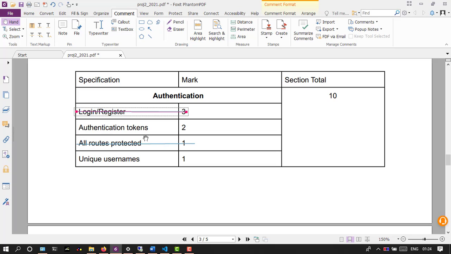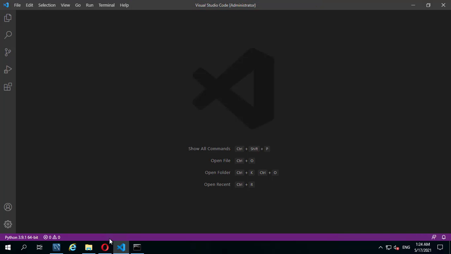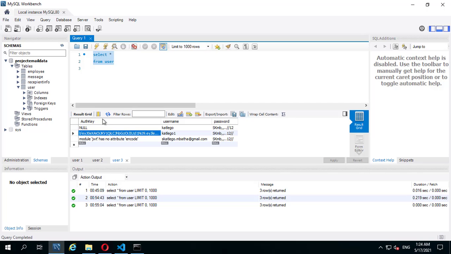So now I want to also show that after logging in, my information is actually stored in my database, my registration information is on the database. I've been playing around with this for quite some time, so there should be other entries available in there. If I go to the database and type select everything from the user